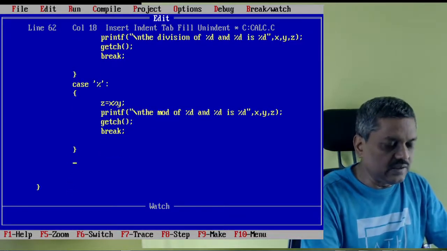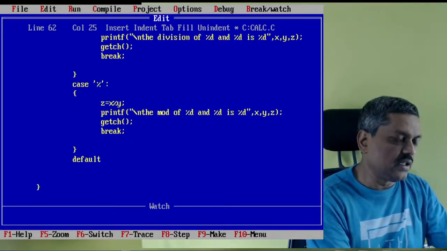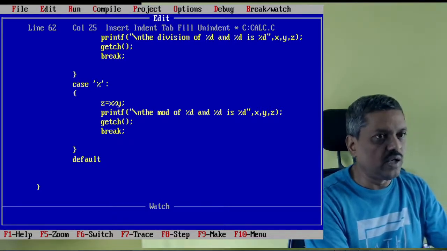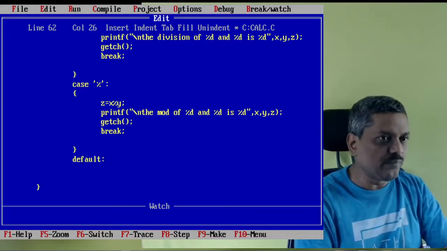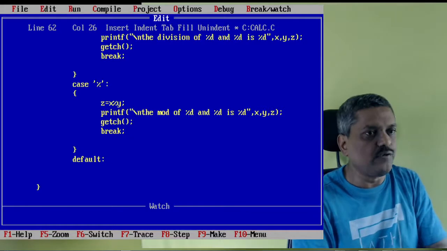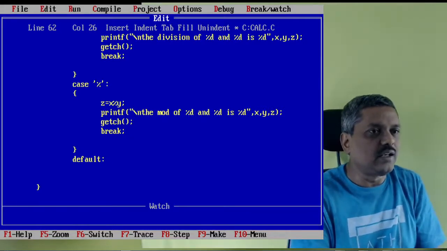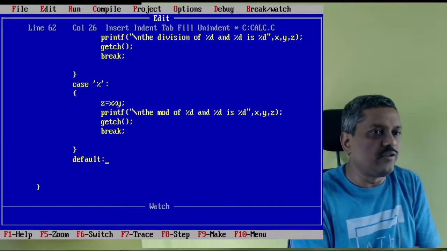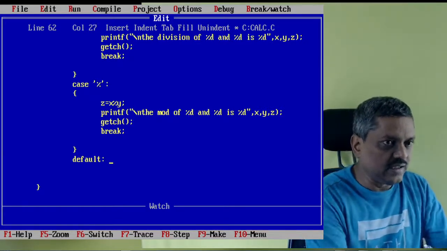So that case is called the default case. When you say default, that means if nothing is matching, what you are supposed to do. It is like if you go to a hotel and order something which is not available, at least you can have a bite of coffee and then walk off. Correct? So it is exactly like that.